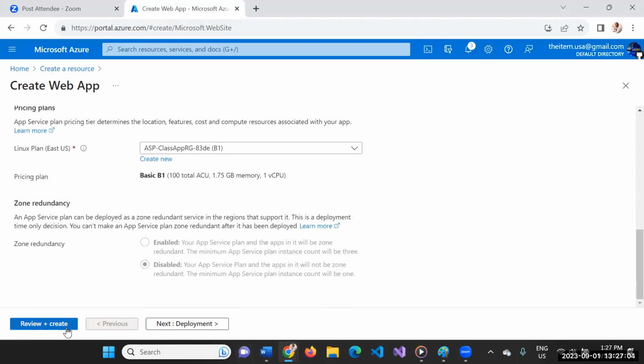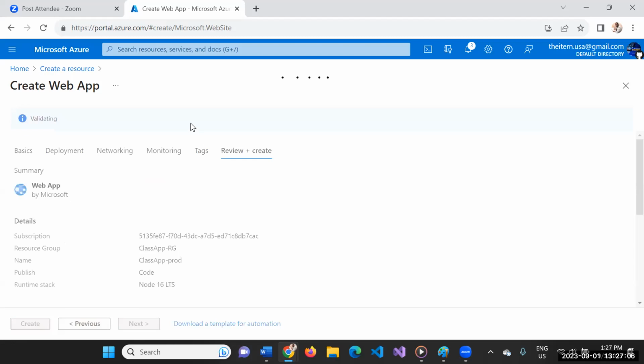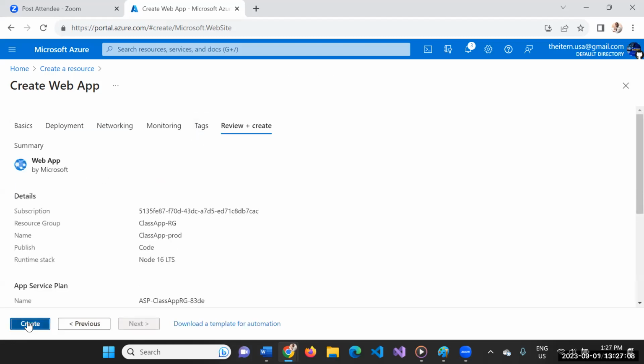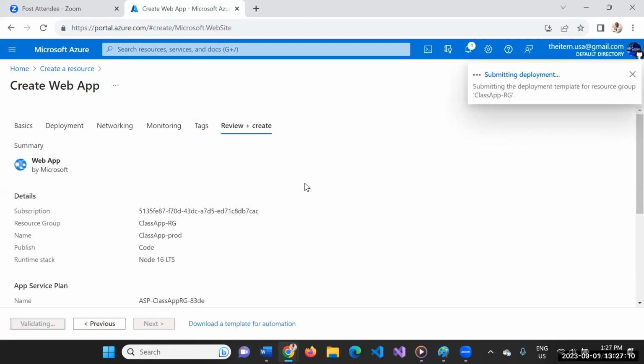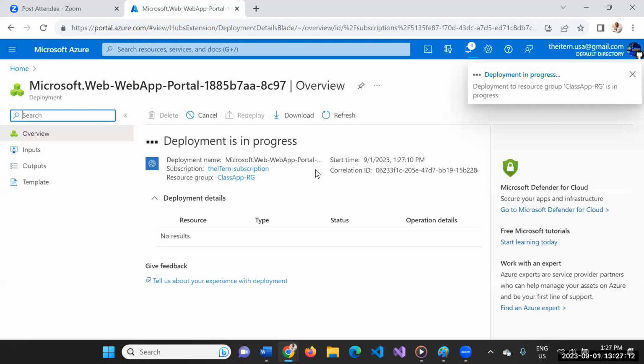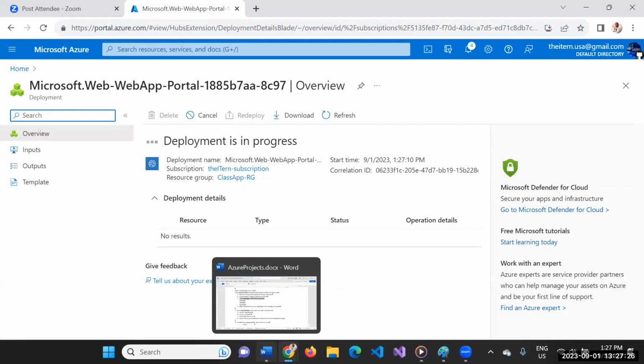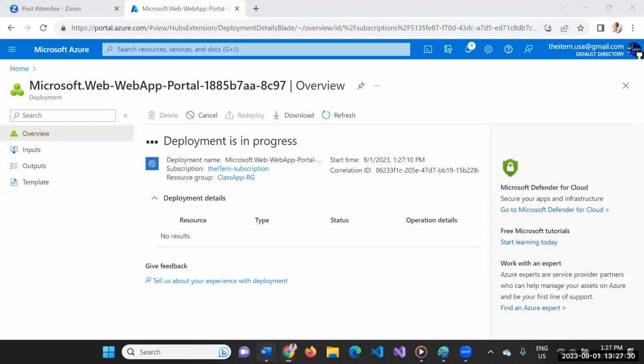All right, so review, and then we'll create. Okay. So our environments are almost ready. The next thing we'll do